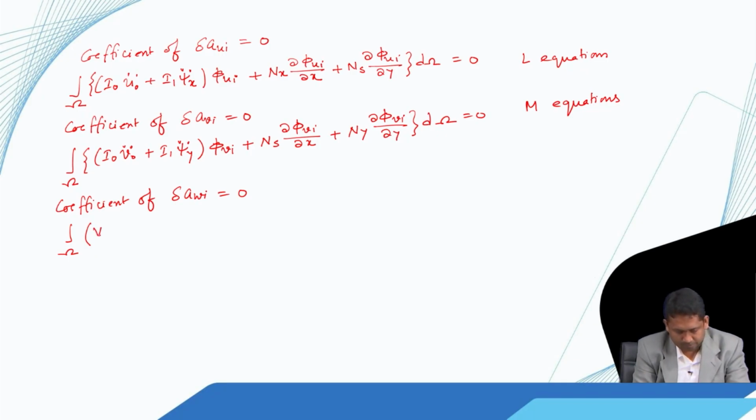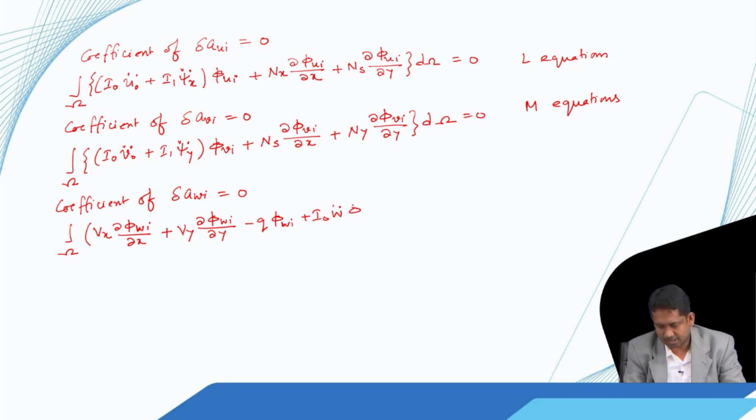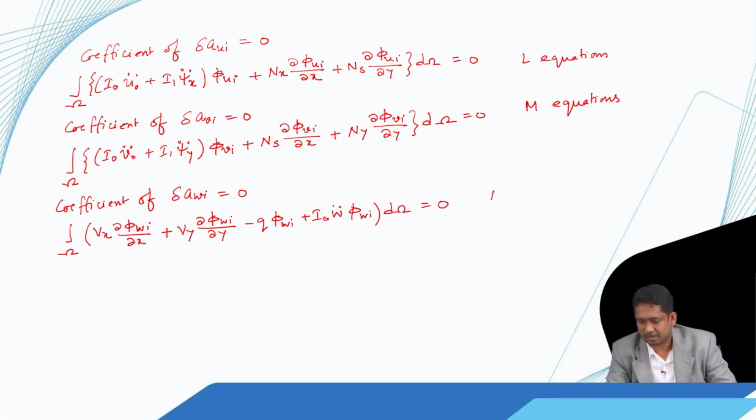We have Vx multiplied by ∂φ_W^I/∂x plus Vy multiplied by ∂φ_W^I/∂y minus q into φ_W^I, plus I0 into W double dot multiplied by φ_W^I, and this integral is 0. So, this gives me total N equations,